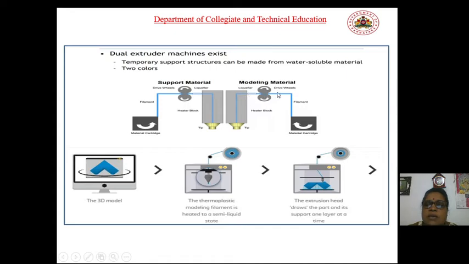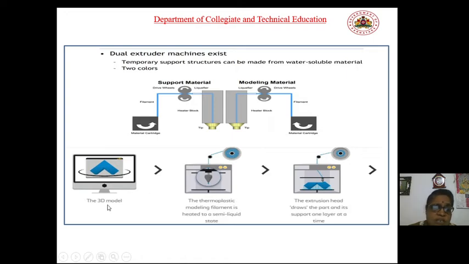This is a liquefier and drive wheels. These are the two drive wheels. Here you can observe the material cartridge, which is in the form of a filament. It is applied and rolled between the two rollers. These two drive wheels rotate in the opposite direction, so the material's dimensions are reduced, and you can observe it is a filament-like structure. It just comes and falls here, and goes to the tip. So this is the actual modeling you can observe here.